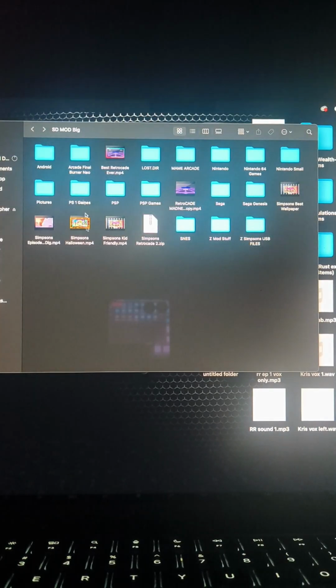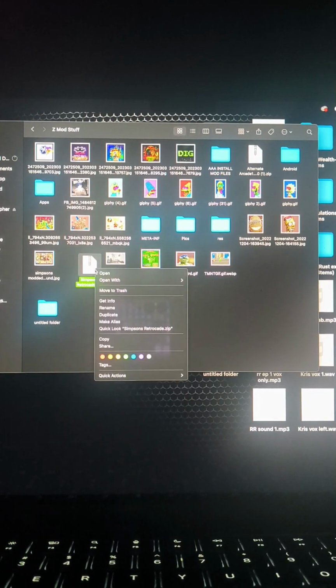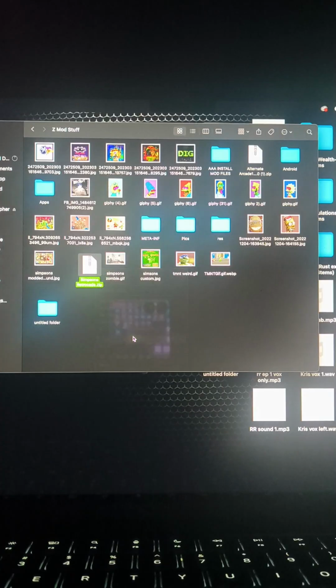Okay, so if you have an issue with installing your theme on Dig, what you need to do is hook your SD card into your computer, and then you see all your folders here. You open Zmod stuff, and you'll find your Simpsons Retrocade zip. This is your theme right here, and it's a good idea just to copy it